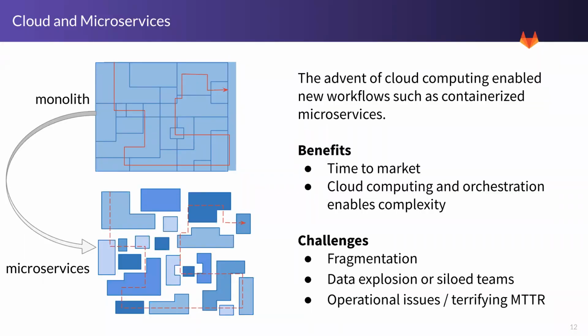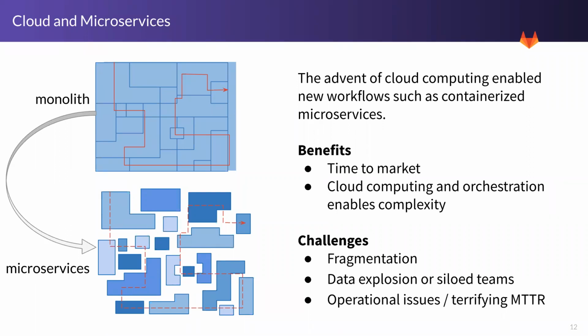As we move to microservices, we are actually increasing the complexity of our systems, right? If we break up the monolith slowly and move some of those things the monolith is doing into smaller services, we're actually increasing the fragmentation of data, of our teams, of where we have to be concerned about operational issues. And of course, those are hopefully going to have us realizing those benefits of being able to move to market